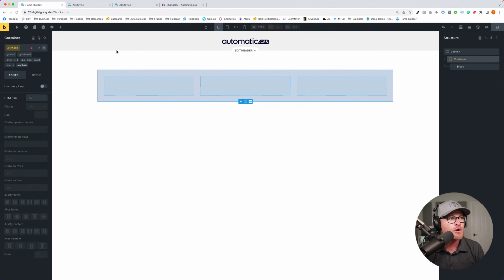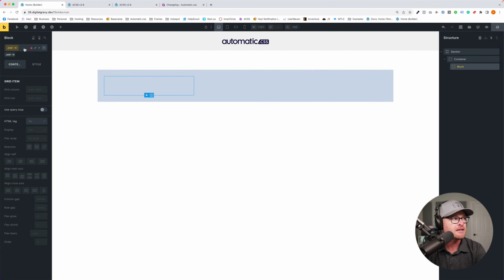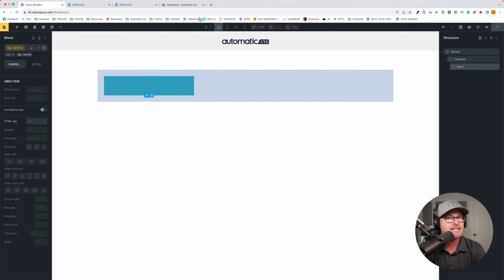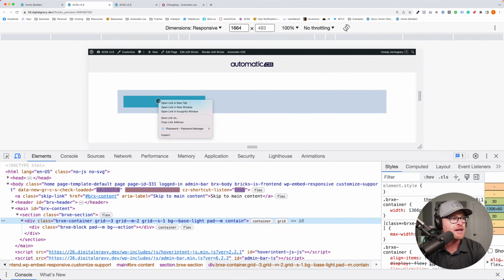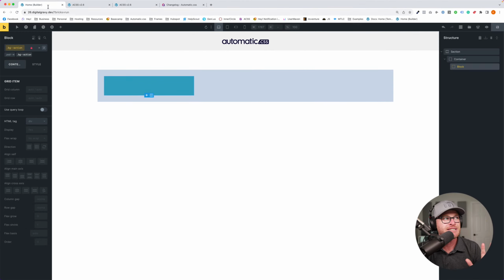Okay, now what we're going to do is add a block. So we're going to add padding to this block, and we'll just do BG action. Okay, just something that we can see. We need to see something on the page. Okay, so we're going to inspect this. Look at this. I did not put a contain class on this block right here.